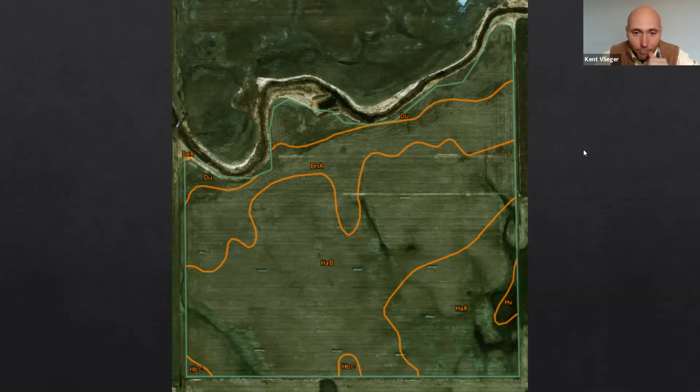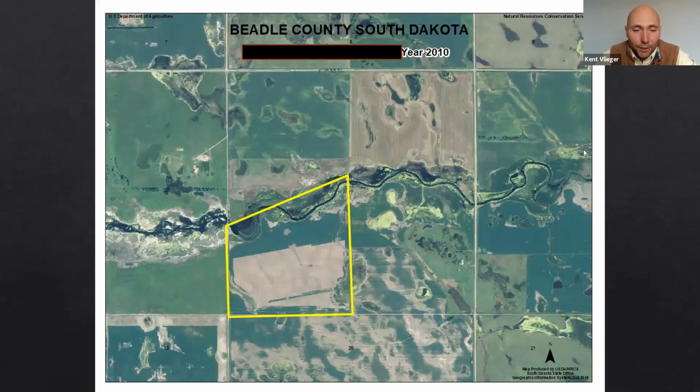And you can see by the rows of bales that it had been hayed for a number of years. And this is actually 2006, which was the last year it was hayed. And after that, it's been in row crop production. So just pay attention, look at the field, just notice any areas of production loss and what may or may not have happened. So this is 2010, 2 or 3 years after it had been hayed last and in row